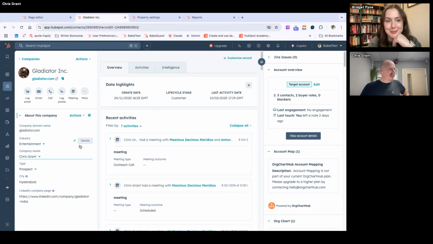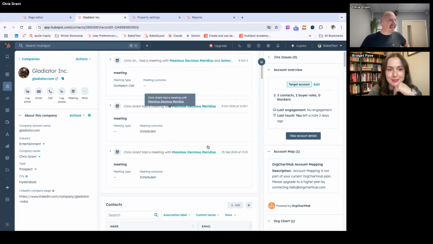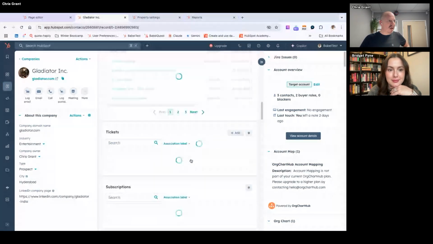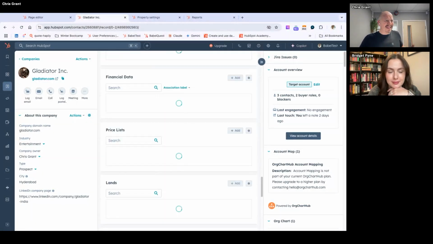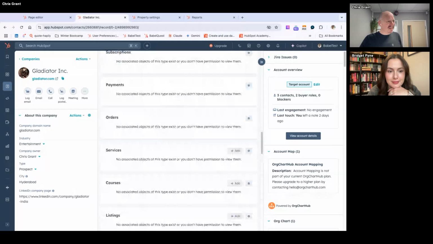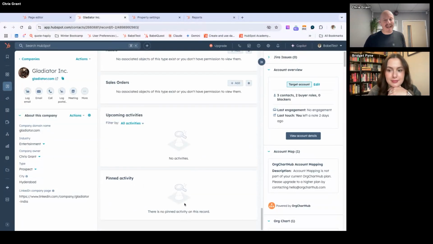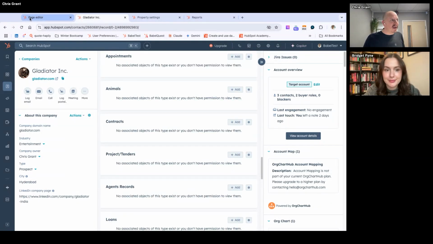We can see recent activities, we can see contacts. These are all cards that have been added. But in this case, there's an awful lot of stuff. It's kind of overwhelming. If I want to find any pinned activity, it's way down the bottom, and if I'm in a rush, I'm not going to go down there. I'm just going to pick up the phone.